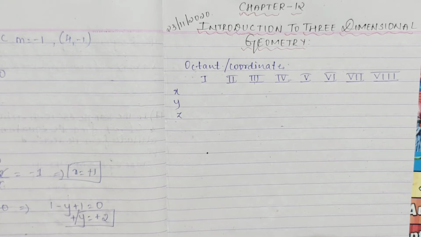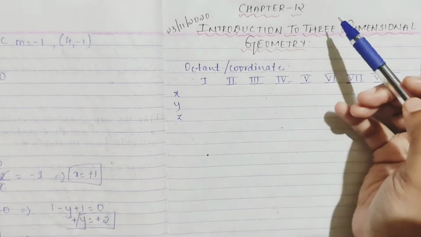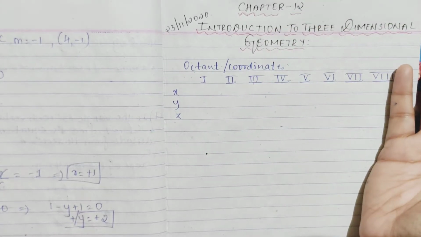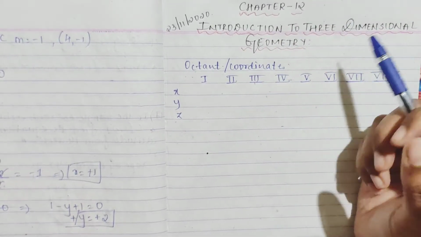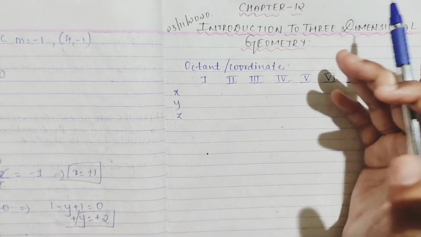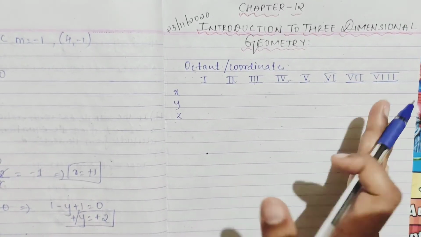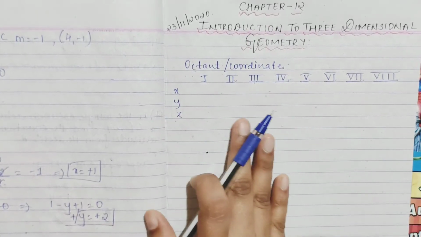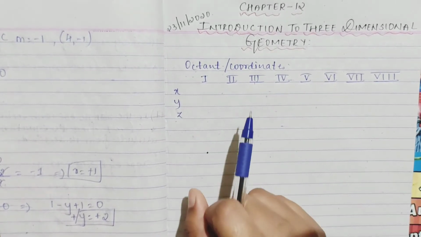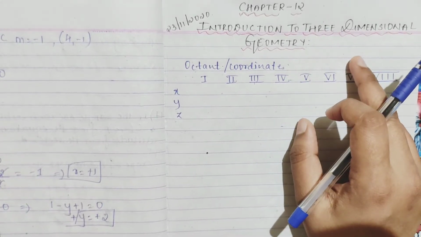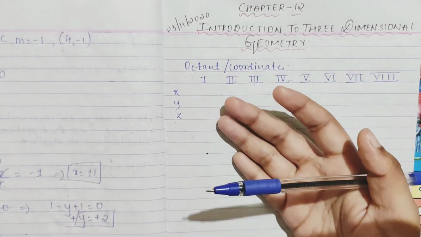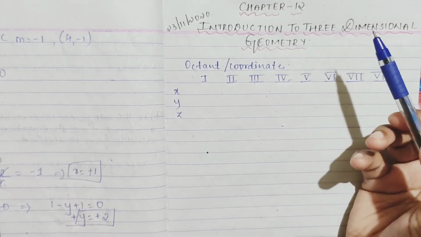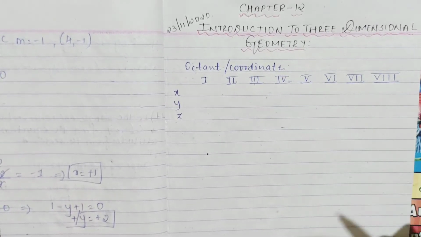It is just about 3D, three-dimensional geometry. We speak of 3D so much: 3D movies, 3D pictures and all, right? What is this 3D called? Now you have studied 2D, which means in your normal plane. Now 3D is in terms of space. In space, three-dimensional geometry is used, so they invented three-dimensional geometry.